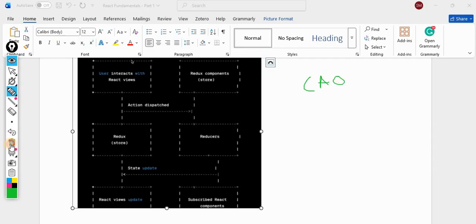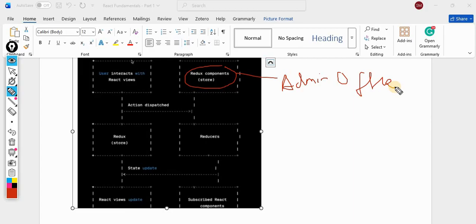So in Redux, there is a concept of store. So that is your administrative office. That is your admin office. This office contains every information, and it is stored here.